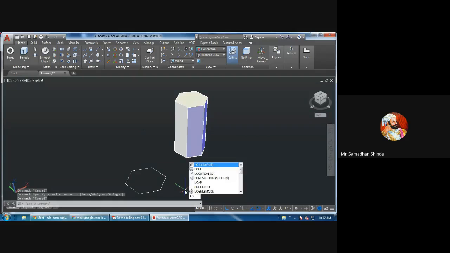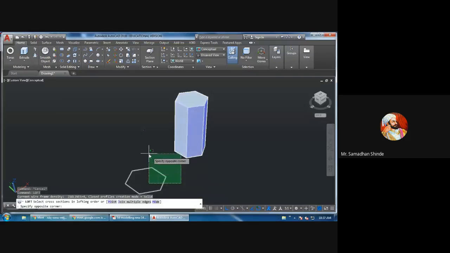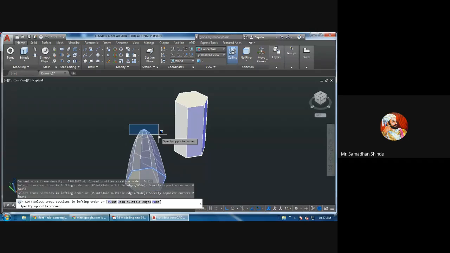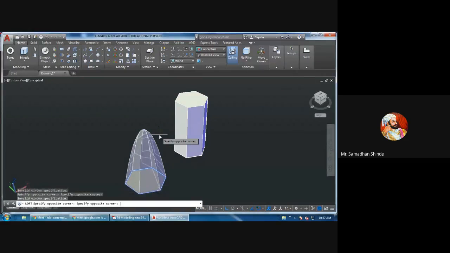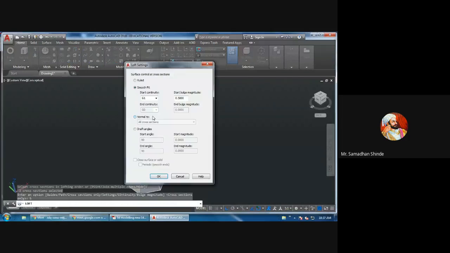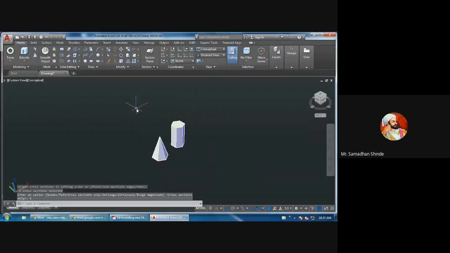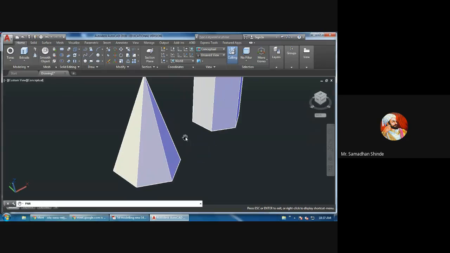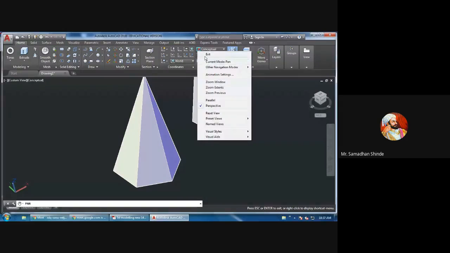So loft is a command. Loft, select these two objects. Sorry, select these two objects. Okay, then enter, enter. Then here you have to go for settings. Ruled means flat. Okay, like this. Ruled like this now. So what I have done here, I have drawn one